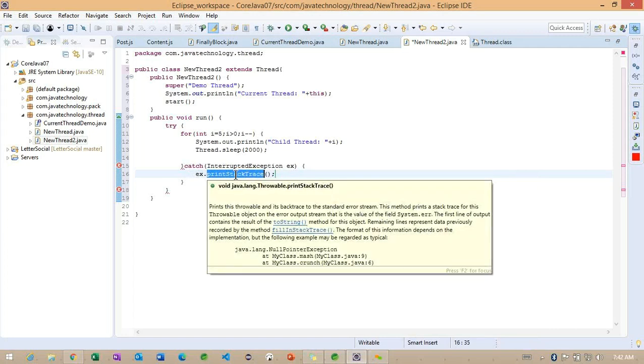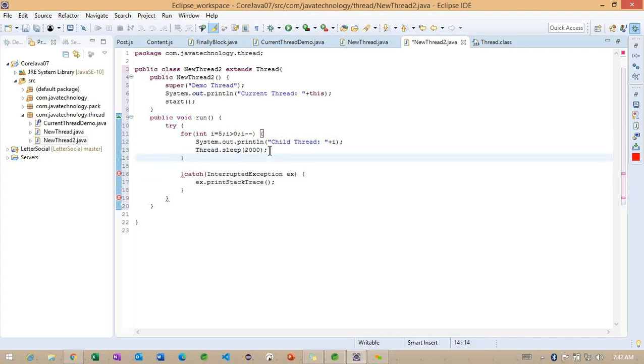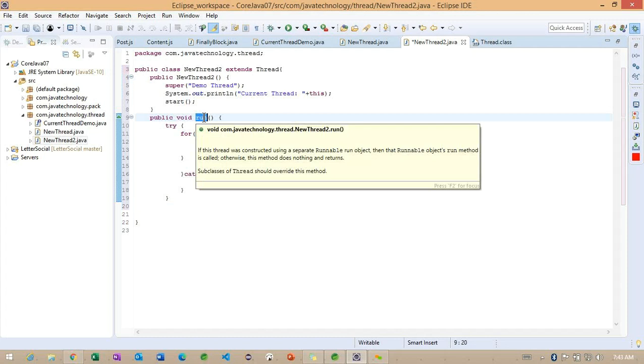So basically, to find out the particular exception information, we are going to call printStackTrace here. Okay, if you observe carefully, this particular run method is going to be called by the child thread.